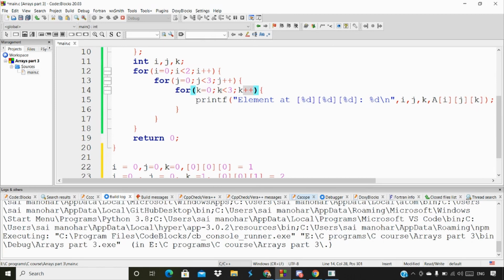So is it true that k is less than 3? Is it true? I mean, k is also going to be 3. It's going to be replaced by 3 again here. So is the condition true? Of course it's not true, so it's going to be false. So now what is going to happen?